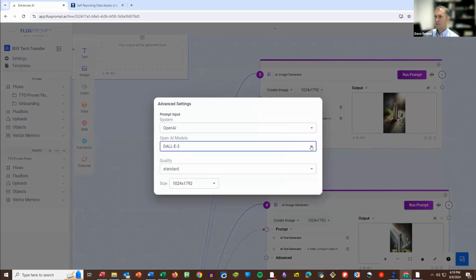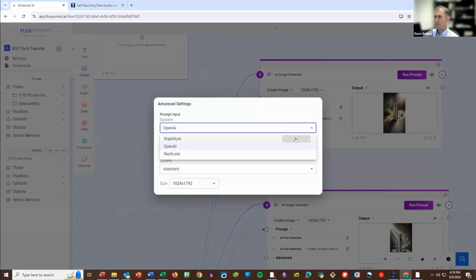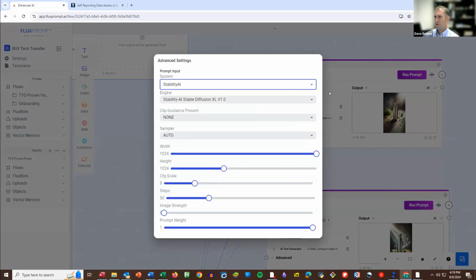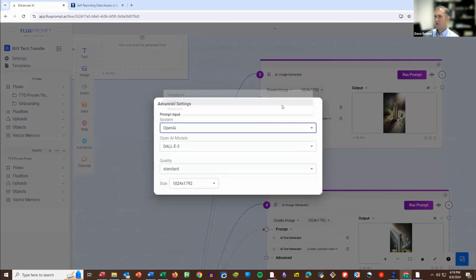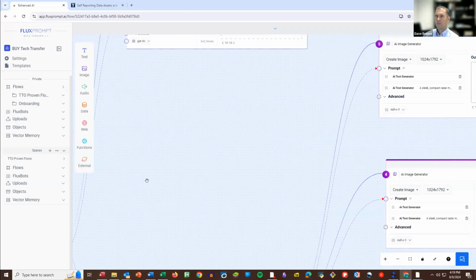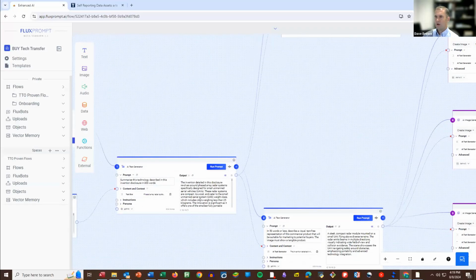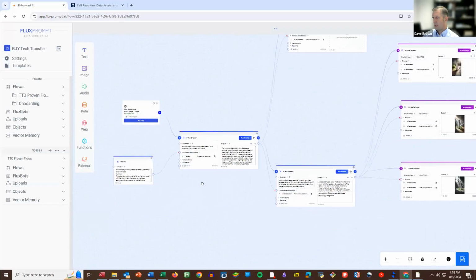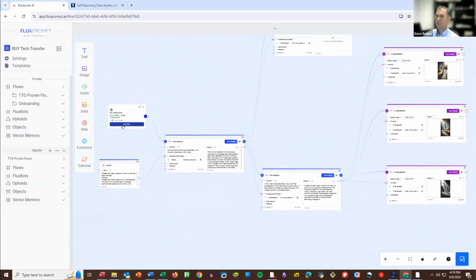But if you want to use something different, switch from OpenAI to Stability. I know some people will like it and have things they like about it. Replicate's on there too. Anyway, I'm sticking with what I know. So that's where we're at. But you can experiment with different things, maybe you like how a different engine handles the text, so you use them.